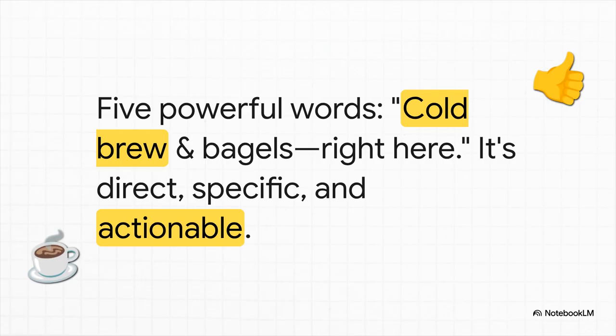It adds zero value. Okay, now compare that to this. "Cold brew and bagels, right here." 5 little words, but they're so powerful. Why? Because it's direct, it's specific, and it's actionable. It's not just welcoming people, it's offering them something they actually want. That's the kind of sign that gets people in the door, whether you're in Kingman or down by the river